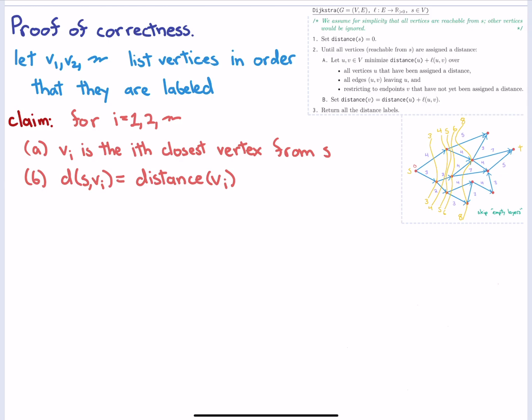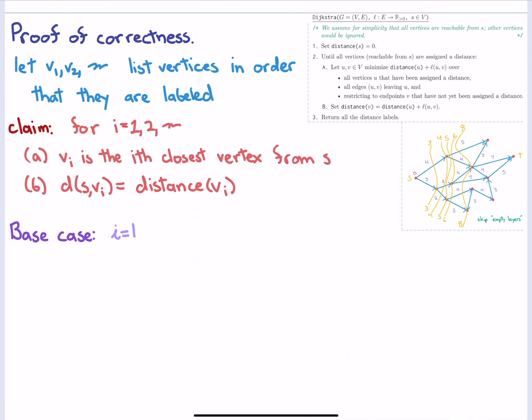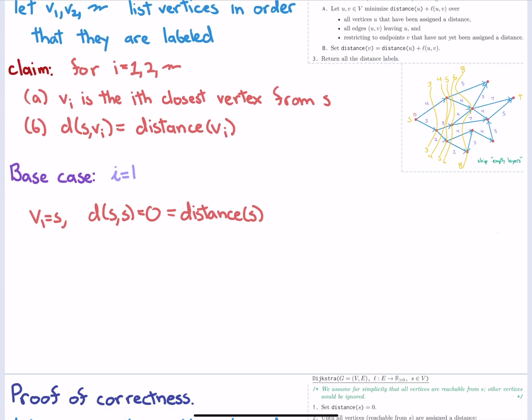Okay. And then we just have to go through i equals 1, 2, 3, stuff like that. All right, so what would be the base case? S, which is i equals 1, right here. Yeah, the base case is i equals 1. The vertex labels S first. It gives it distance 0. We already know that's correct. Okay. All right. So we know that's correct. No big deal. So in the general case,